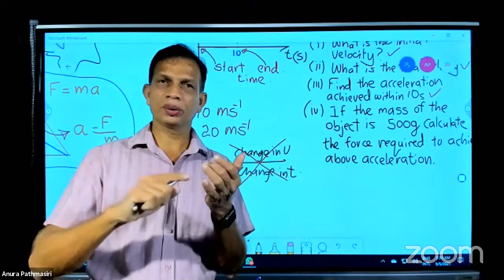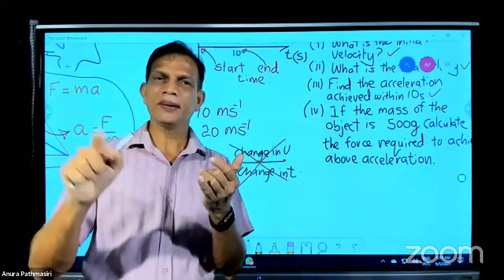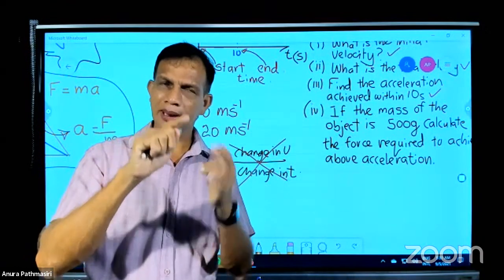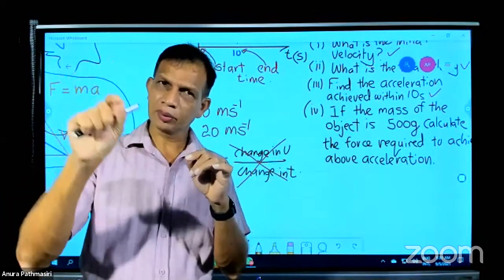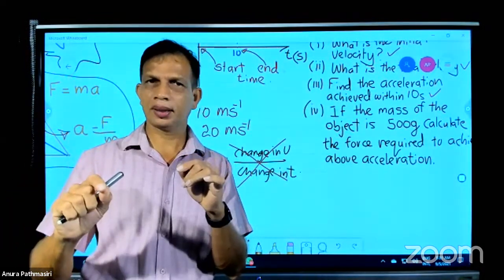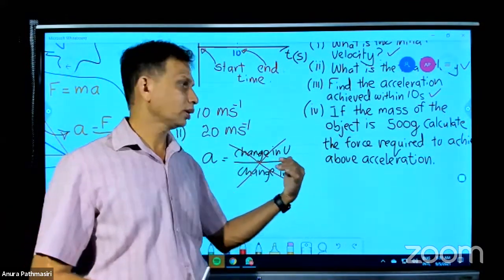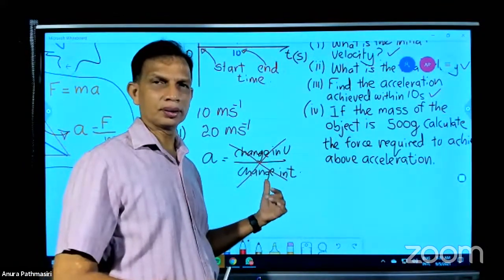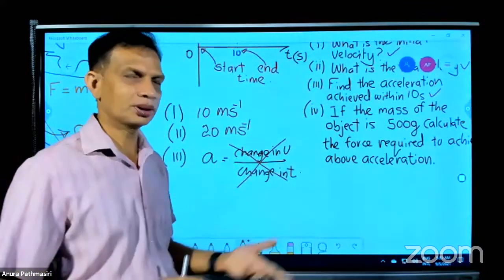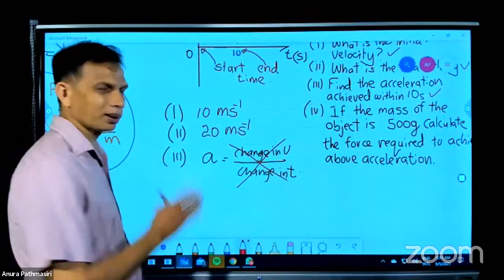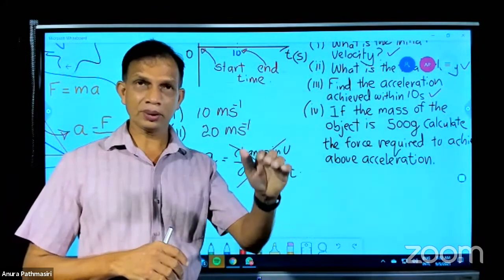When you draw the graph according to y equals mx plus c, you can take m as acceleration, and then you have y upon x, right? Change in y, change in x. So I'm going to refer to that one here and avoid the other. Don't make that mistake, because it may not be the correct approach, but finally you will come to the same answer. The same answer. If it is an essay type question,